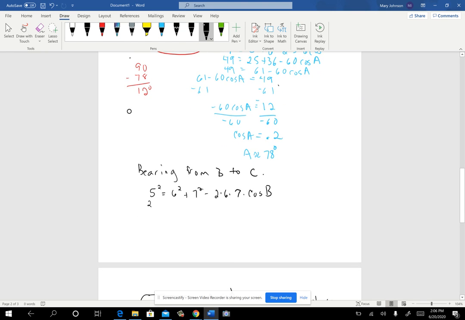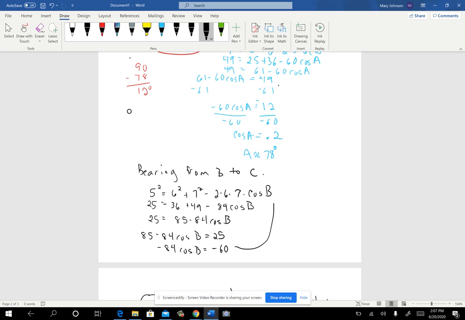At any point you might want to switch those two sides, and that really just depends on how good you are with manipulating algebraic expressions. Maybe right now might be a good time to do it. If I take away the 85, I'll have a negative 60. And then if I divide by negative 84,